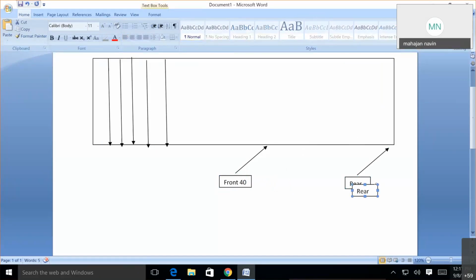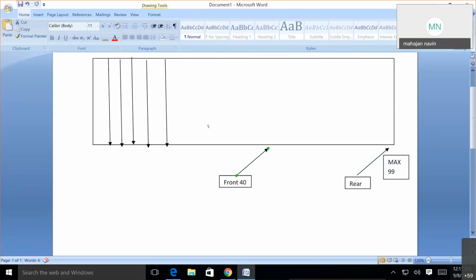Maximum is 100, so this becomes max minus 1, which is the 99th position, as we start with 0. Now what is the total size? 100. Front is pointing to 40, and rear is pointing to the 99th element.